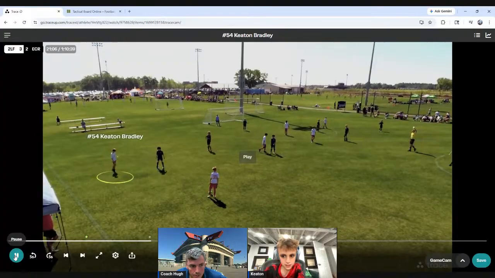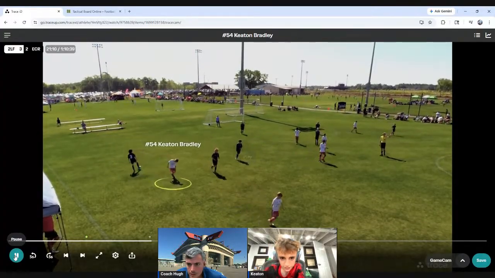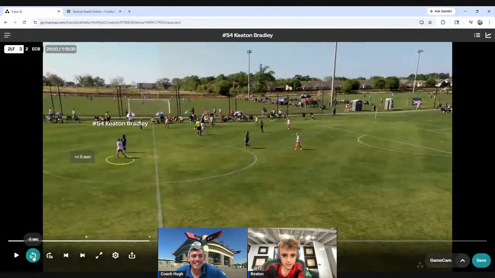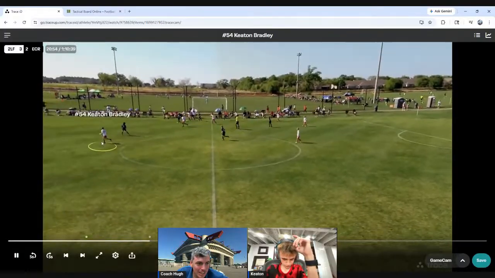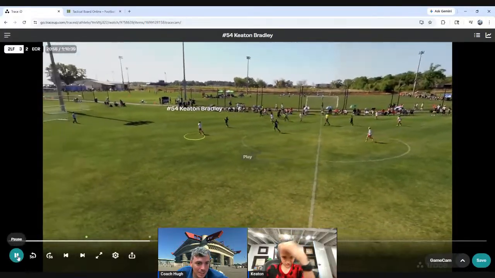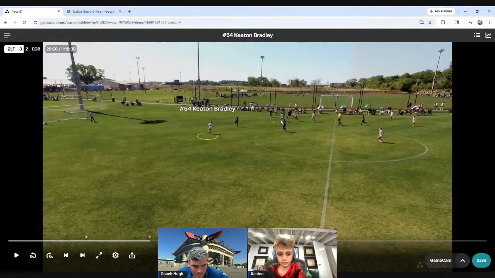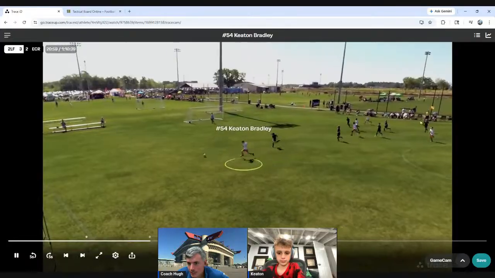What happened? Are you offside? What the heck? I think so. Oh, what a terrible call. Oh, wait. You might have been offside here, dude. You're offside. Yep. Okay, so you're offside here. So when the ball was kicked, you were offside, and then you came back on. The flag goes up.